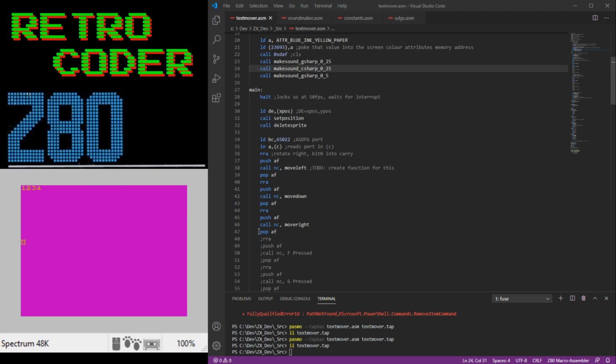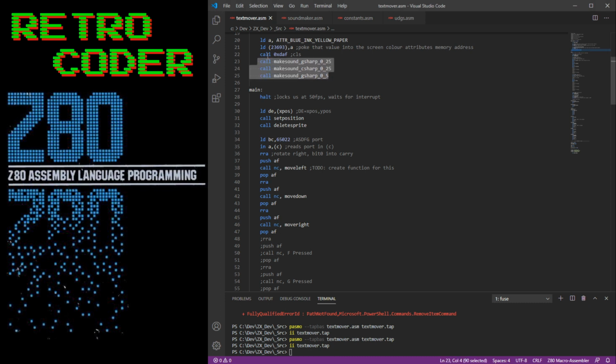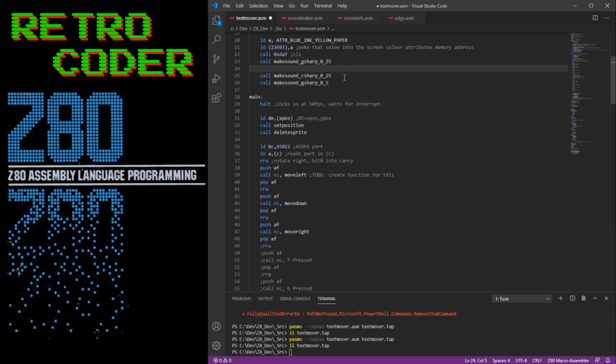So you've got a little melody there, which is actually making me laugh because I wrote a whole routine in my other game to delay it between the rhythm of a melody, you know. But you could actually just do that, couldn't you? Just by calling it. As long as you don't want a blank space, I guess, then you'd have to put a wait, some sort of wait. I mean, you can create a wait by